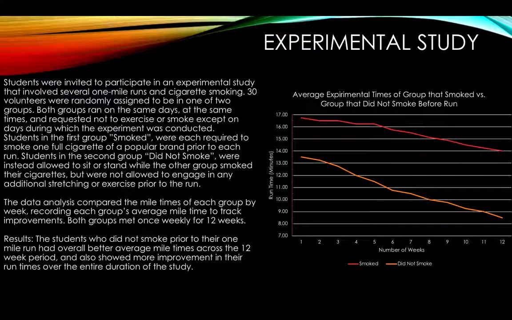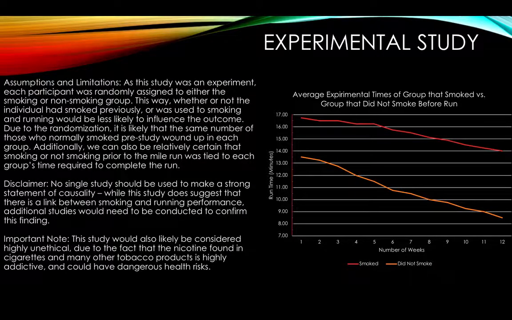So there's a much larger split between the two groups now that we're controlling for some of that. Because of the way that I designed it, because I wanted to track mile times over a long duration, it'd be very difficult to force anyone not to exercise or smoke on their off days. That's why I put "requested", because unless everybody was living in a facility or something, it'd be very difficult to control for those variables. So just keep it to a minimum. Please don't do it. But there's no way to guarantee that unless you had a completely closed off setting.